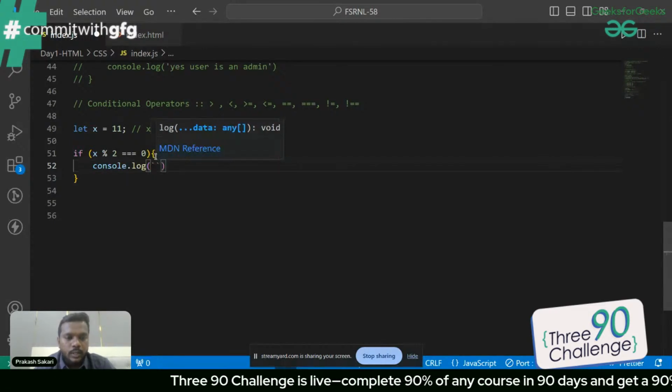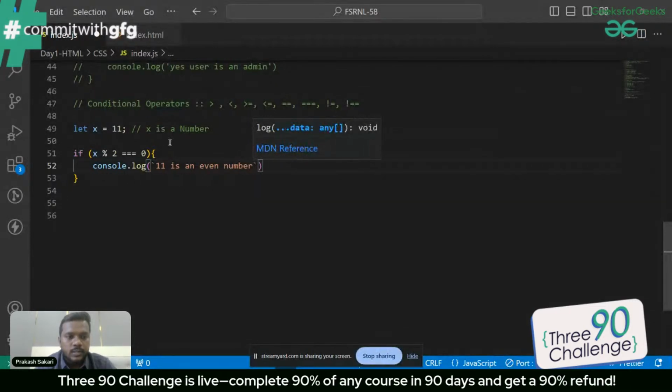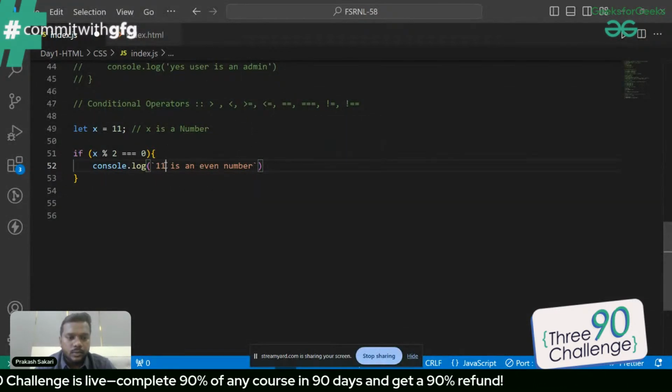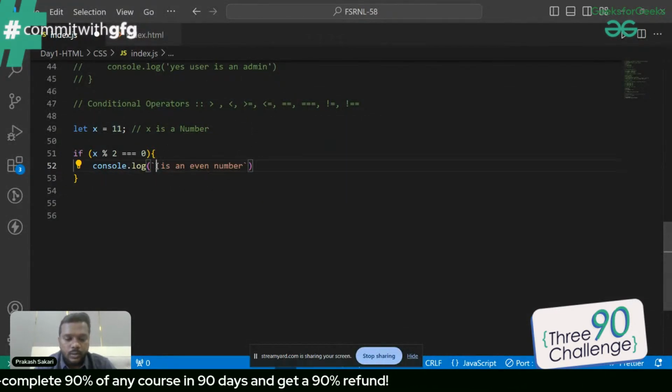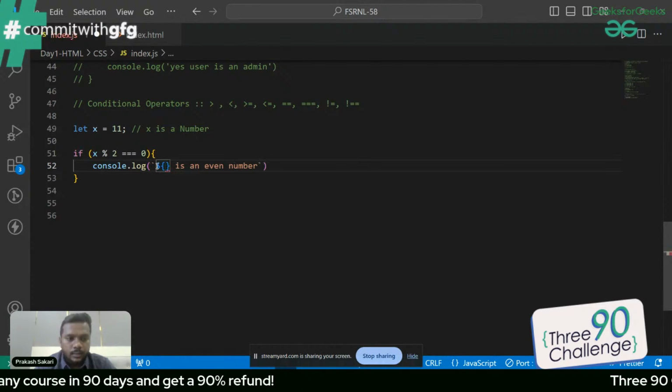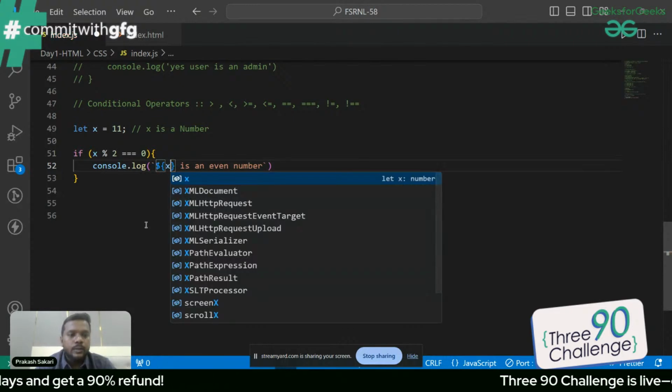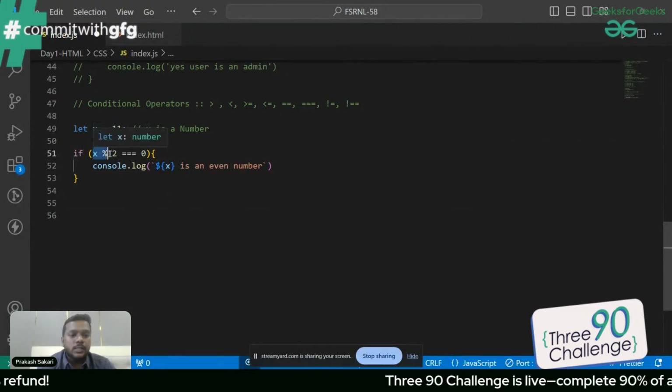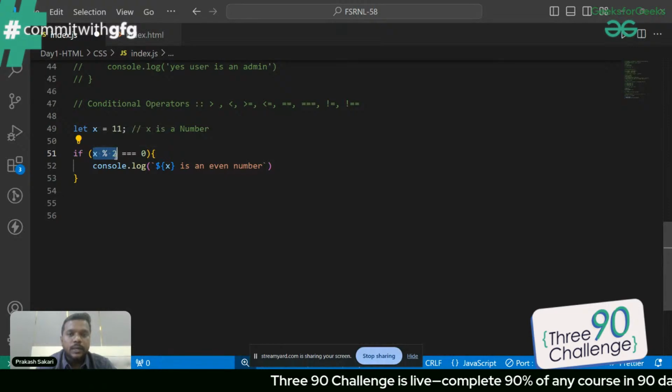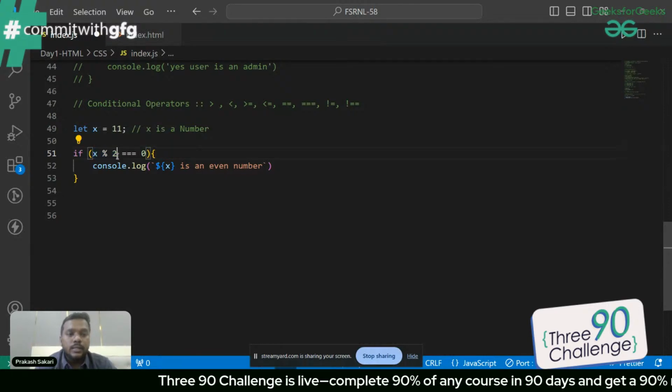Sorry, it's an even number. If this is equal to 0, then it's an even number. So instead of 11 over here, I'm just going to use the $ sign, and then I'm going to write x. If I divide x by 2, and if the remainder is 0,